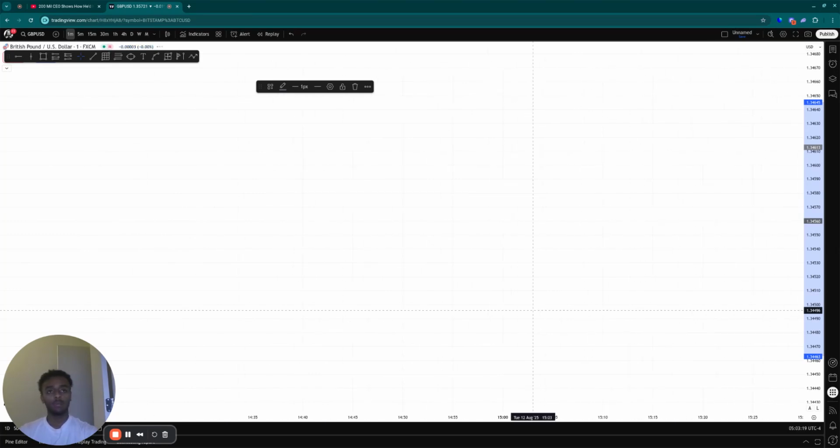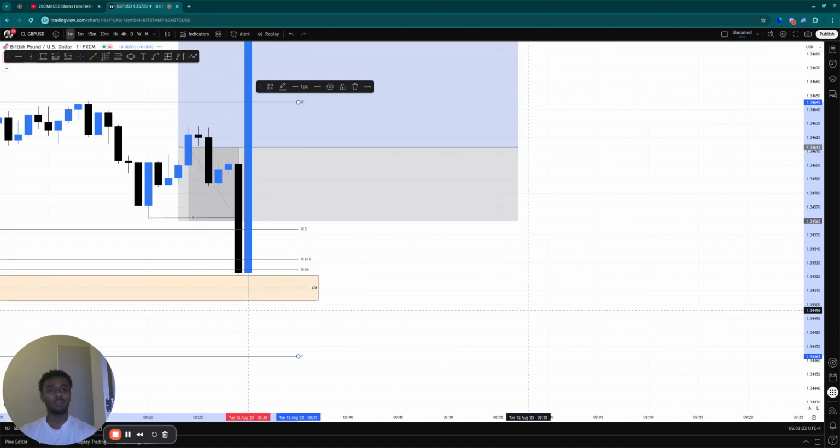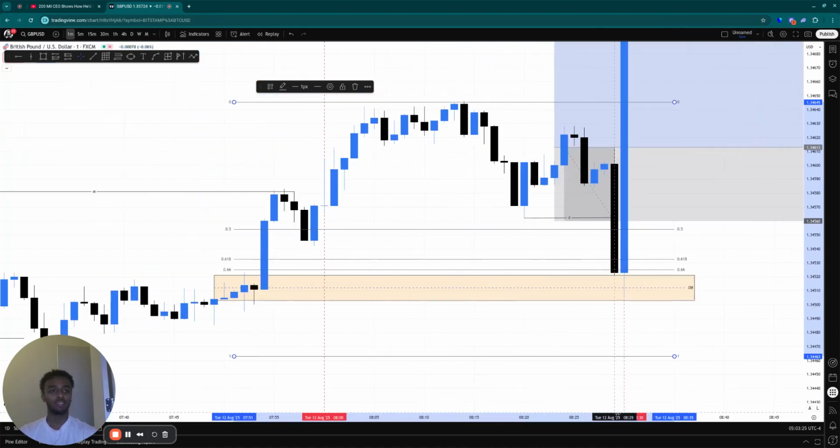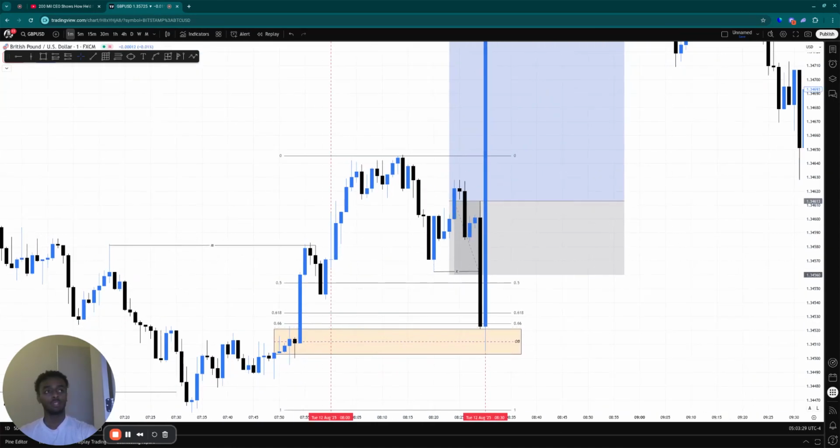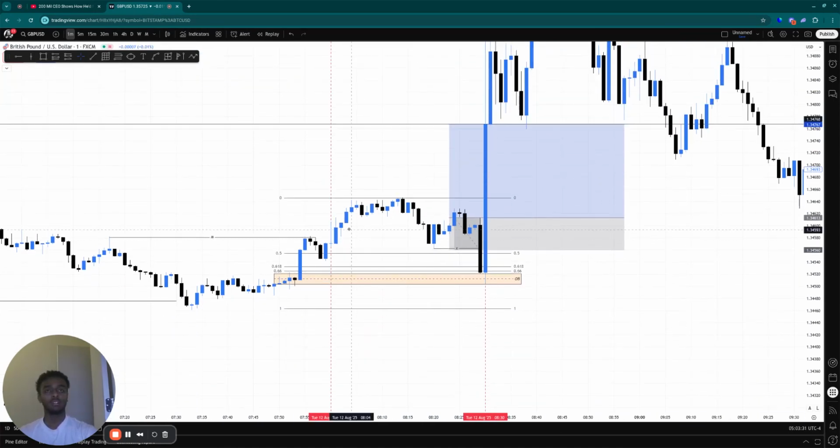Bear with me, okay? I just don't want to go and zoom out and then find it, because we're literally right there. So here it is. Right here, you can pretty much